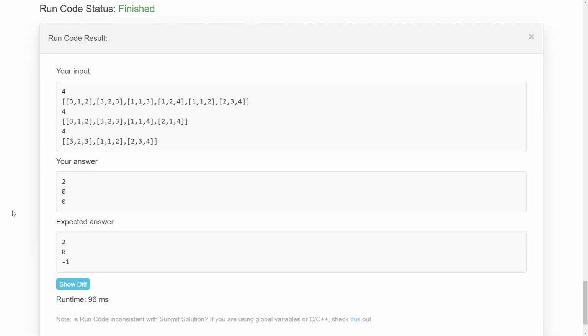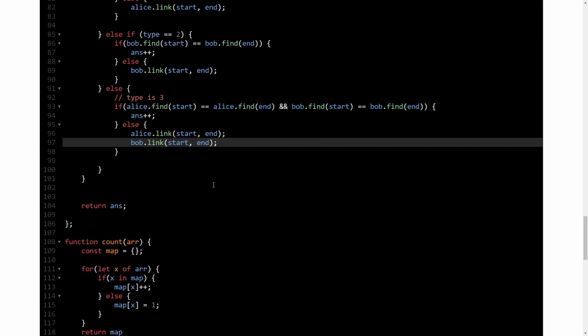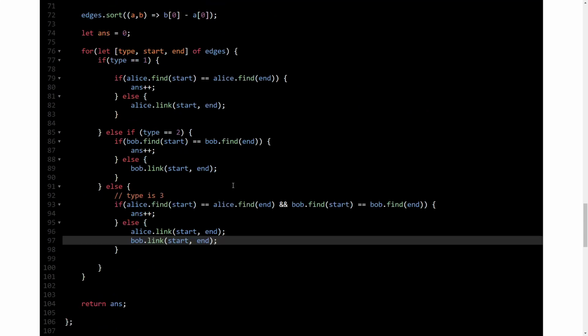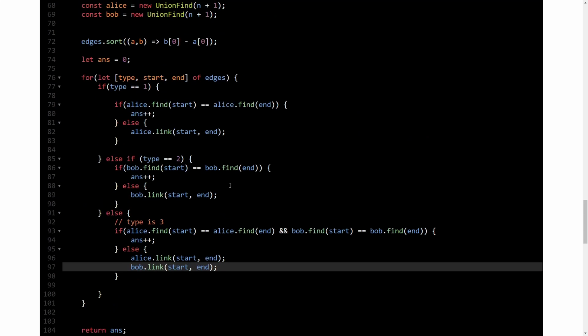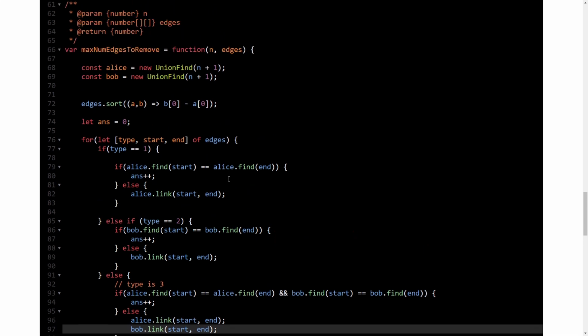So the output is 2, 0, -1. So the -1 case is failing, we need to handle it. Generally a union find data structure can give you the size of the components as well, but this implementation does not give that size.